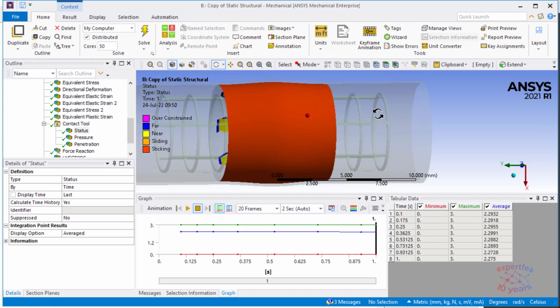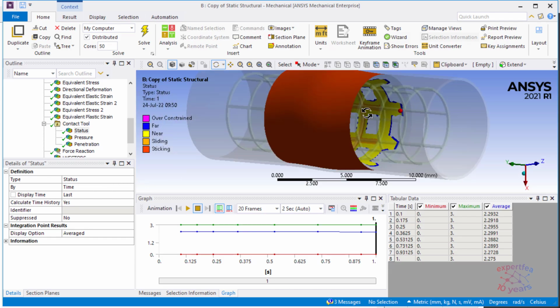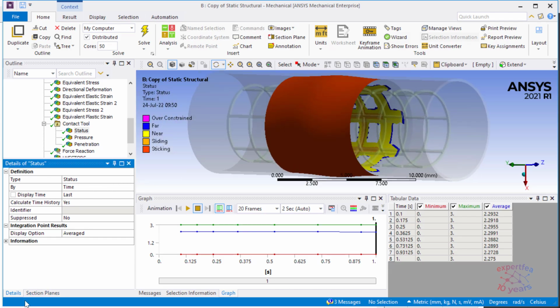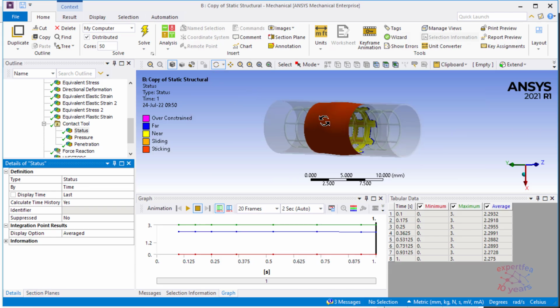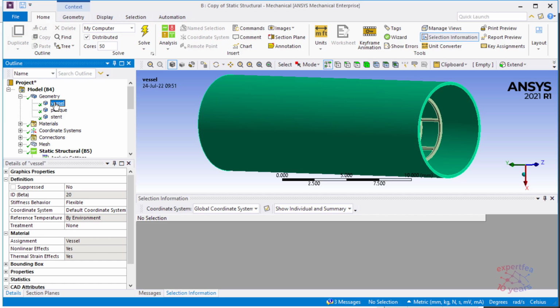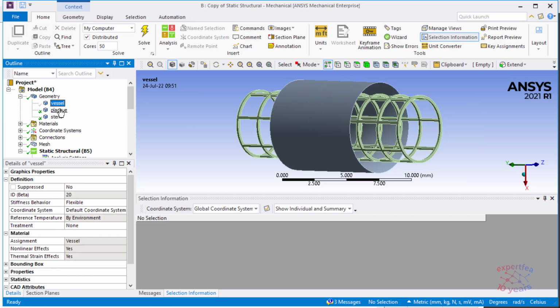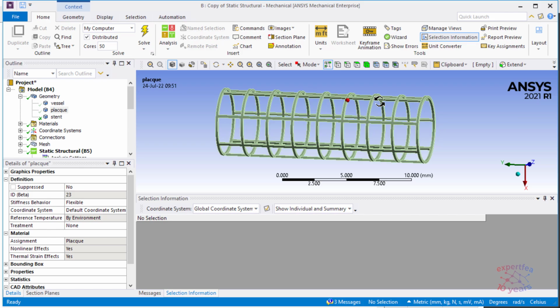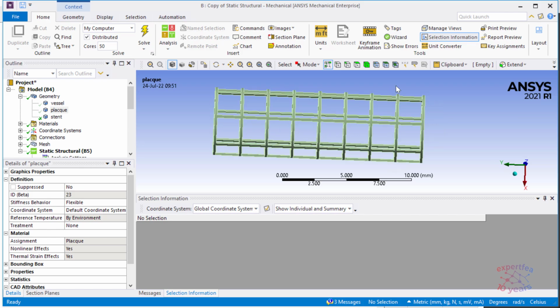Let's hide the vessel and the plaque. So we have, this is an instance of